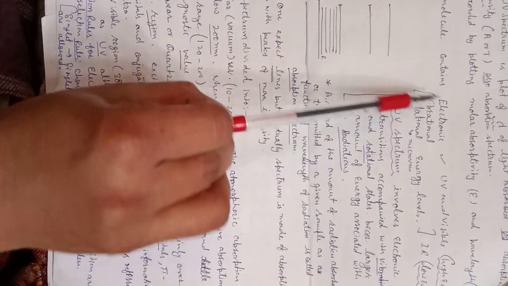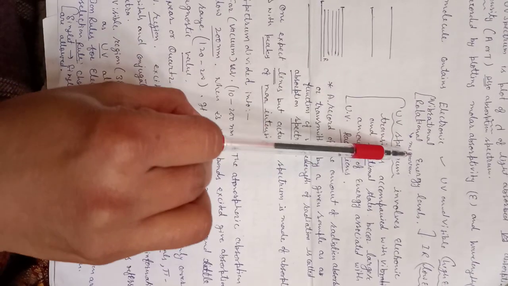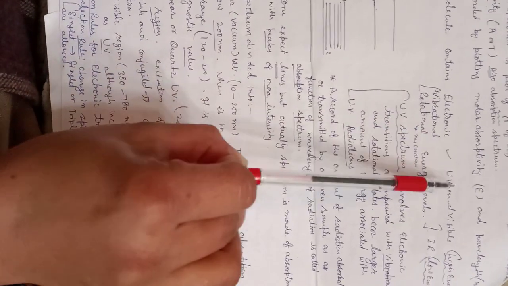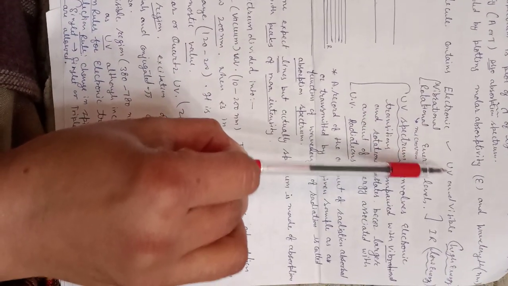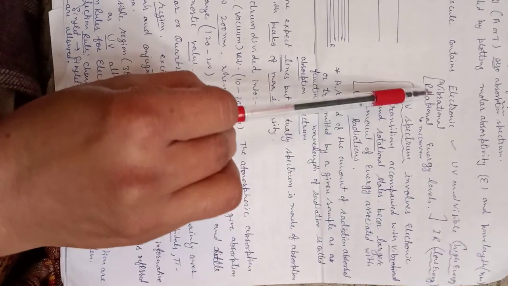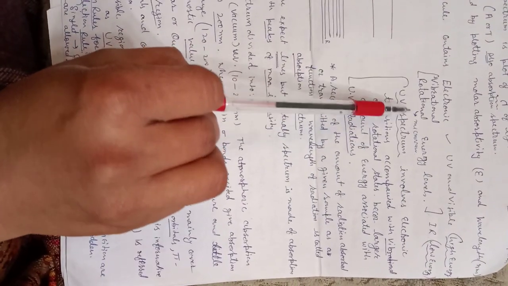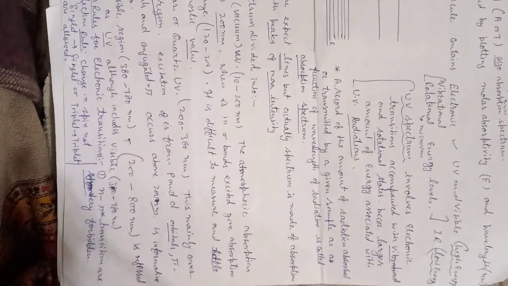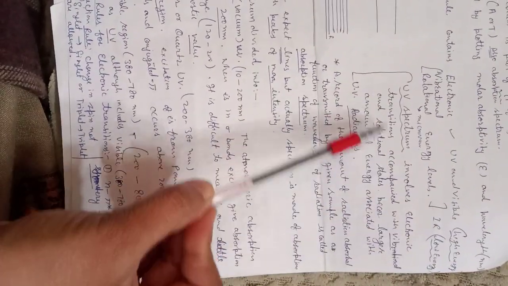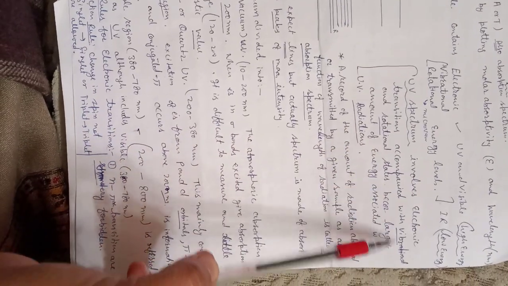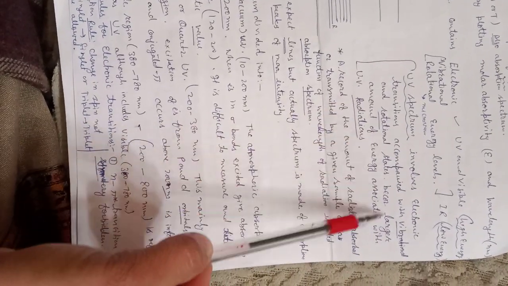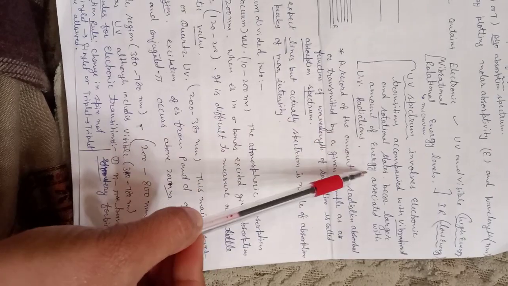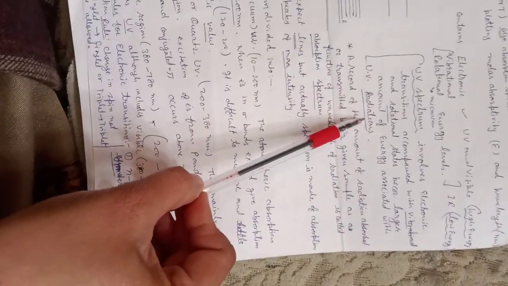A molecule contains electronic, vibrational, and rotational levels. Electronic transitions are included in the UV and visible region; vibrational and rotational transitions are included in the IR and microwave region. A UV spectrum involves electronic transitions accompanied by vibrational and rotational states because a larger amount of energy is associated with UV